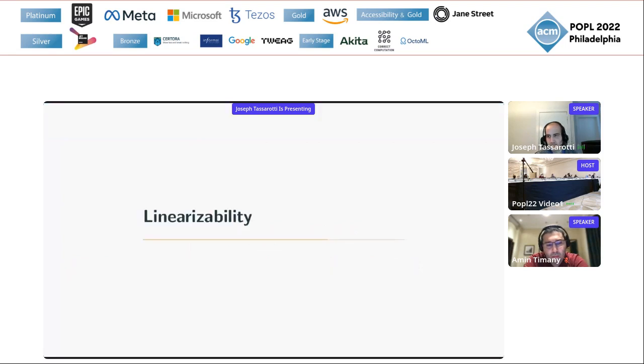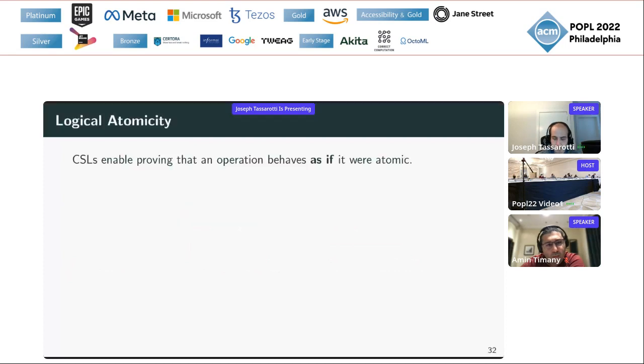The last concept that's been of importance in reasoning about concurrency that I want to talk about in the crash safety setting is the idea of linearizability and atomicity. Many concurrent separation logics have principles that enable you to establish that an operation behaves as if it were atomic, that is, as if it took effect in some single step in time.